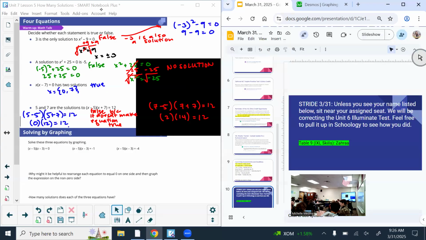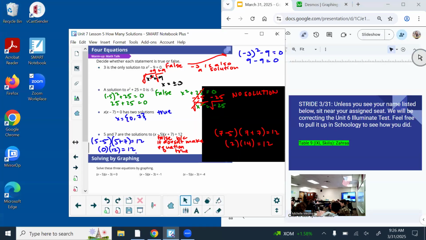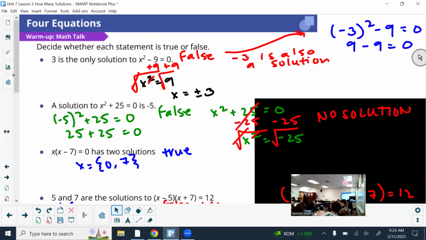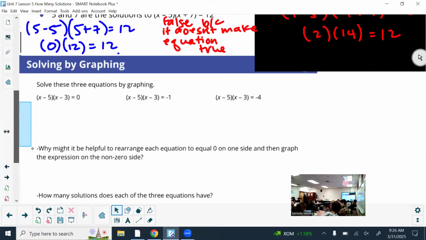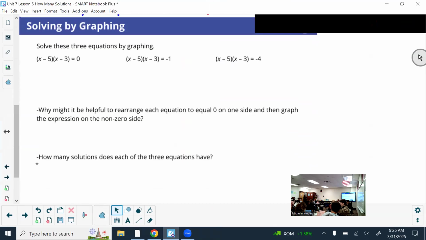Okay, so then let's do the next activity, which is making you graph it. So I told you, like on your test, it's not just going to ask what are the solutions all the time. So, I mean, don't just rely on graphing, but this time it wants you to graph them to solve them. So do that. Graph each of these, know where to look for what the solutions are, and then answer